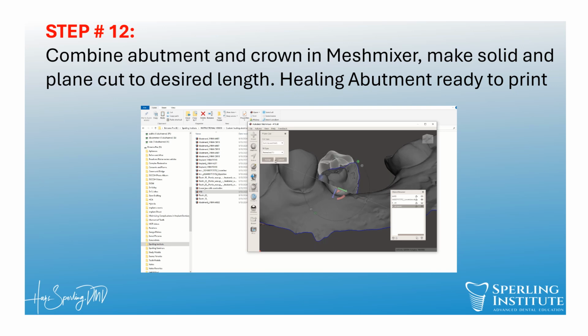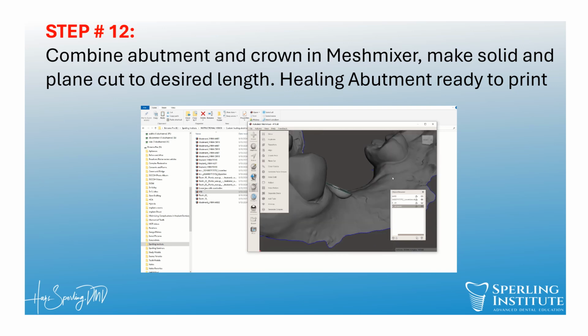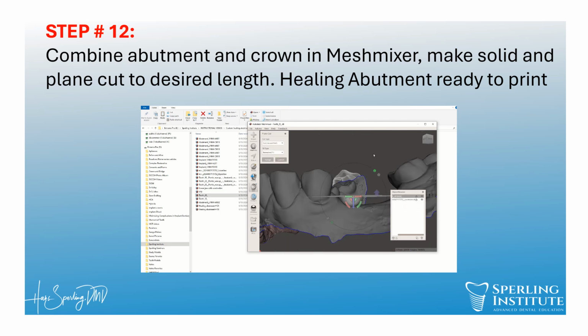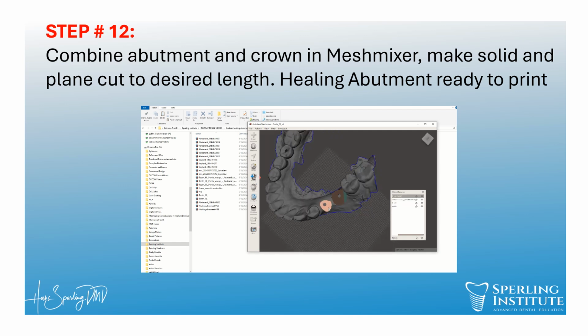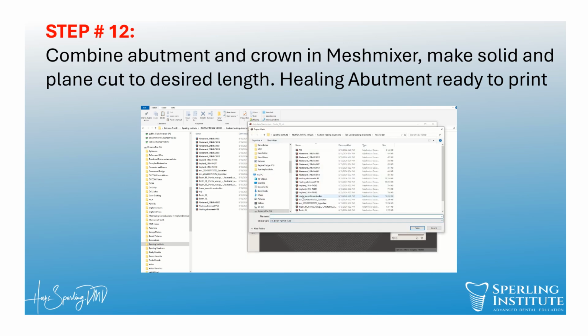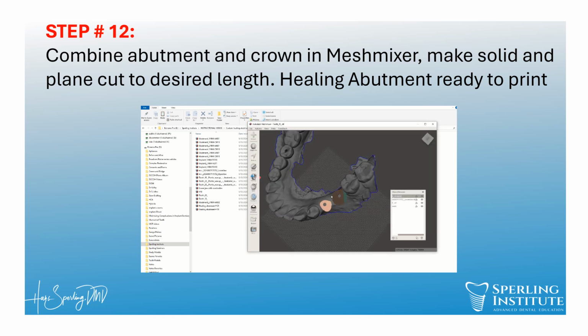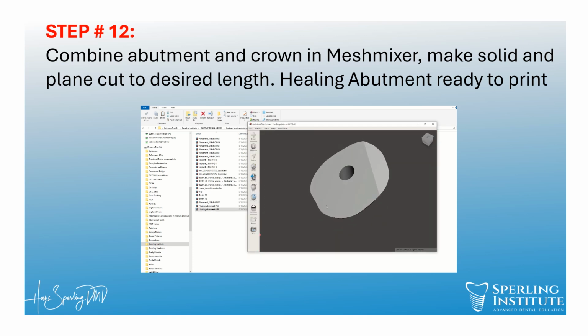I do the same thing for the premolar now. And I can always finish them with a high speed or a slow speed and trim them accordingly in the mouth and polish them so that they're not so extended beyond the contour of the gum. So this is our customized healing abutment, ready to print. And we have